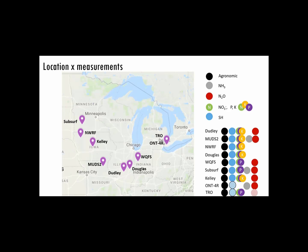So across all these different sites, everyone was measuring agronomic outcomes of yield for the corn and soy crops, and everyone's measuring soil health measures as well. And then these are the loss measures of nitrate and phosphorus and potassium in the water. And so that's what these 3 color things are here. 3 different sites are measuring ammonia volatilization losses, and then 6 of the 7, I guess, were measuring nitrous oxide emissions as well. So just to try to show you all the different things that were being measured at these